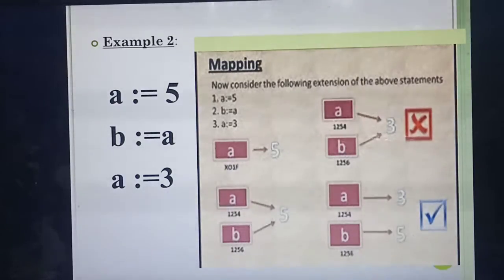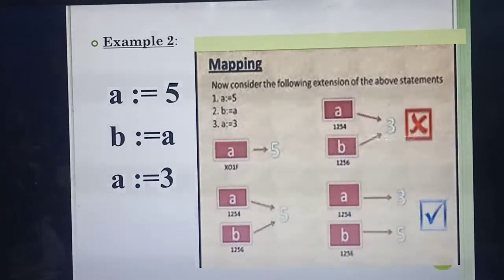3. So when you are changing the value of A equal to 3, will the value of B get changed? Just think and see: at the third line only you are changing the value of A equal to 3. Will the value of B get changed? No. Why? Because whatever the value of A was at first, that only you assigned at the second line. After assigning B, only then you are assigning A equal to 3. So the value of B remains 5, it's not 3. Even though you change the value of A to 3, the value of B remains 5. See the diagram.